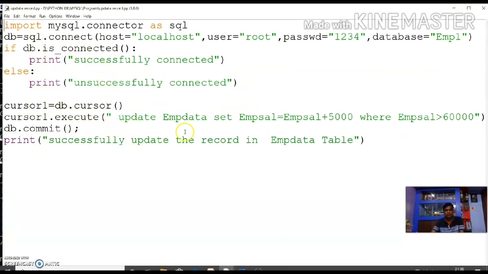Suppose you want to update the salary, increase the salary by 5,000 rupees. So what is the syntax? Update table name set salary equal to salary plus 5,000, whatever the condition. Suppose you give the condition where emp salary is greater than 60,000. Those who have greater than 60,000, that salary gets 5,000 rupees added. You compile that.